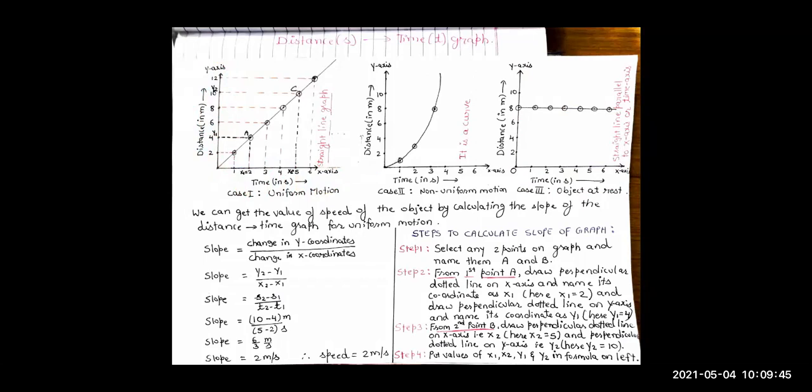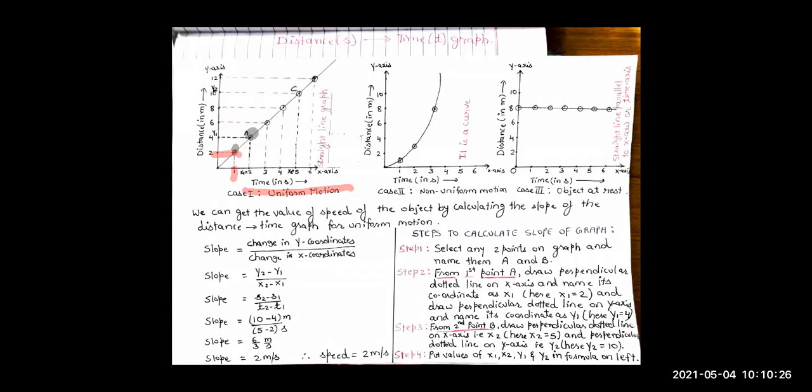Now we are going to draw for uniform motion. We all know uniform motion means equal distance is covered in equal time. So suppose the body is covering a distance of 2 meters in every 1 second. So after 1 second, the object has covered a distance of 2 meters. So the point will come here, right? Then after 1 second more, means time t equals 2 seconds, the object will cover 2 meters more. So it will reach 4. So it will be over here.